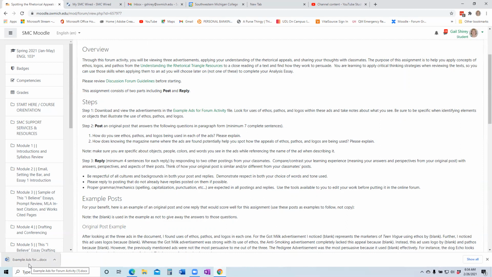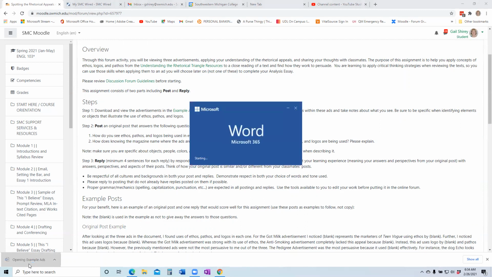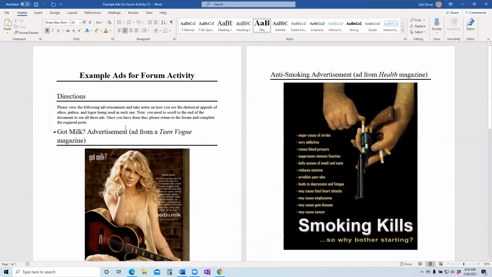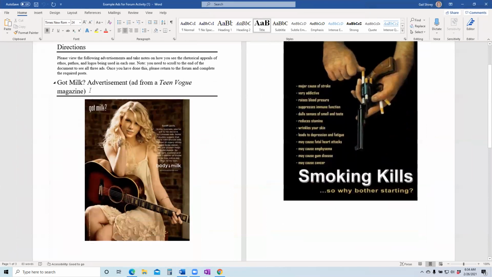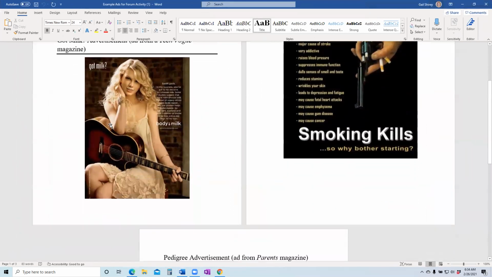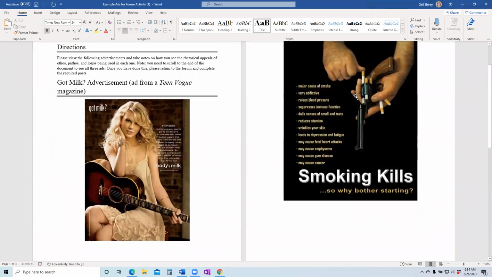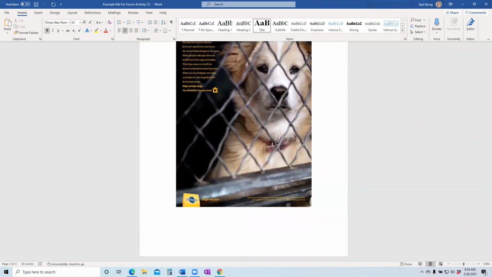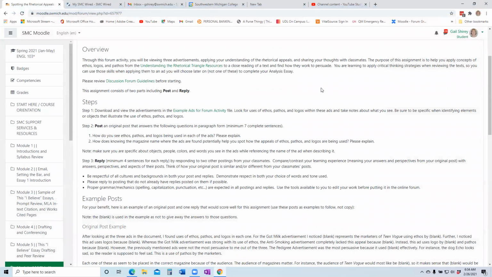What you're going to do with this ad is identify elements or objects that are illustrating logos, ethos, or pathos. You can see their directions are also on here, but you have 1, and then you have 2, and then you have 3. So those are the 3 ads that we are asking you to identify elements from. Okay, so make sure you post